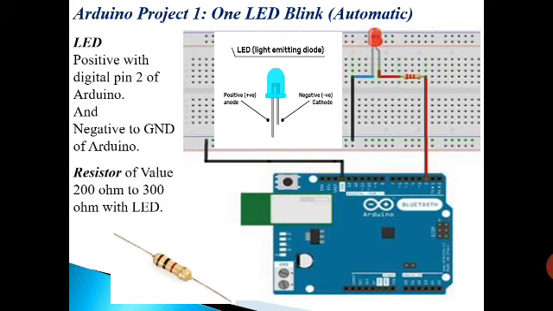And finally we have this kind of circuit, that is, the positive of the LED is connected with pin number 2 of the Arduino, and the negative of the LED is connected to the ground of the Arduino that you can see on the circuit also, and the resistor is connected in between the LED and the pin, and that resistor should be a value of 200 ohm to 300 ohm. In between this it will work, means the LED will not be damaged. So in general we use a 220 ohm resistor, but even with 250 or 260 ohm this circuit will work. So this is the hardware part of the circuit. So I hope you understood. Now let's go for the programming.